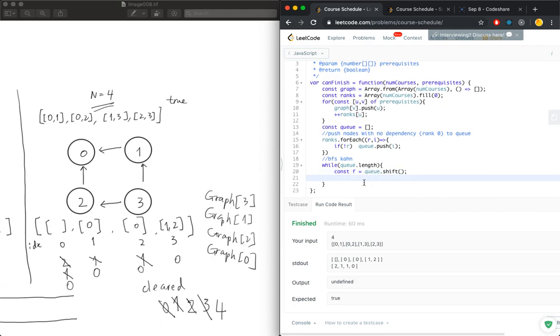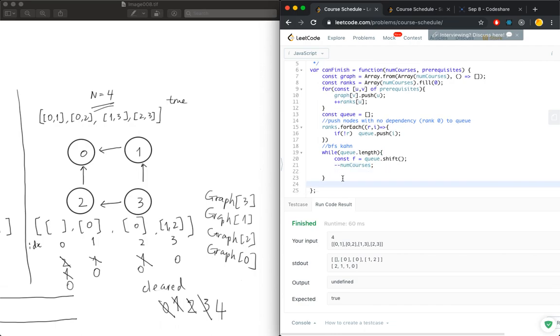Whenever we pop an element from the front of the queue, we will do numCourses minus minus. I'm just doing the opposite of cleared plus plus, right? In the end, return whether we cleared everything, which means numCourses becomes 0, right? This is the same as, originally, our cleared equals n, where n is numCourses, aka total number of